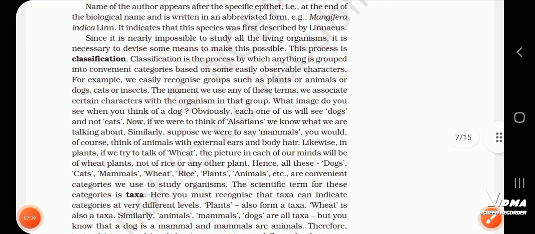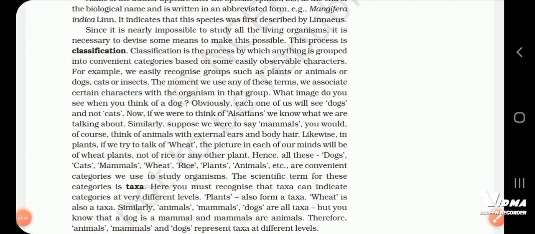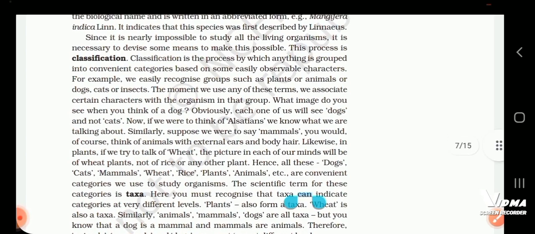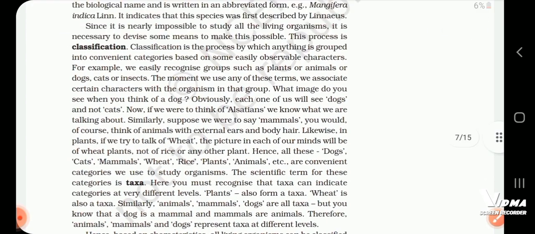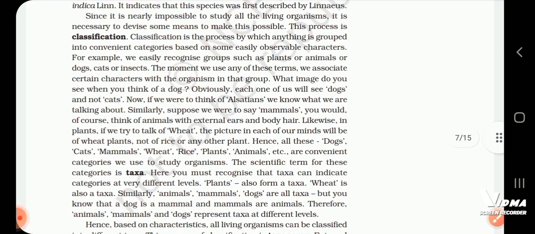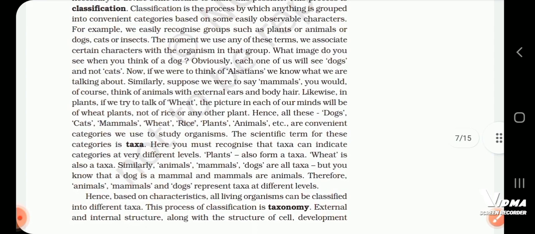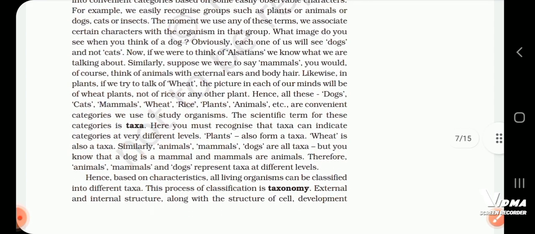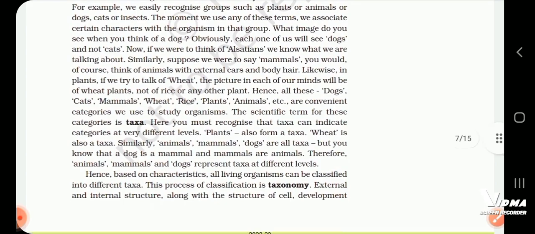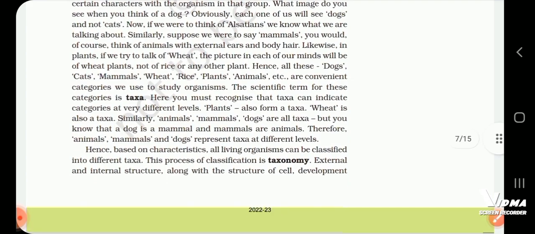Classification is the process by which anything is grouped into convenient categories based on some easily observable characters. For example, we easily recognize a group such as plants or animals, or dogs, cats, or insects. The moment we use any of these terms, we associate certain characters with the organism in that group. What image do you see when you think of dog? Obviously, each one of us will see dogs,